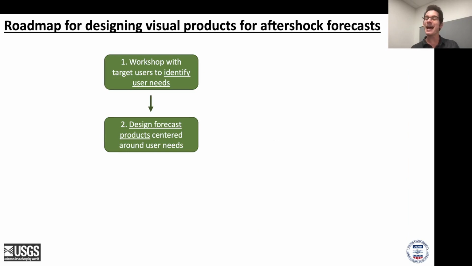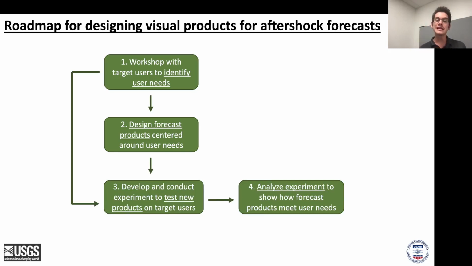The first step is to gather users from target groups into workshops where they do activities that elicit their user needs. Then we can design aftershock forecast products that are aligned with distinct user needs we learned about in the workshop. Then we can test a subset of those new products using a task-based experiment. So here, participants do tasks that will align with the use cases that we learned about in the workshop. And then analyzing that experiment will reveal how those forecast products that we designed to meet user needs, how much